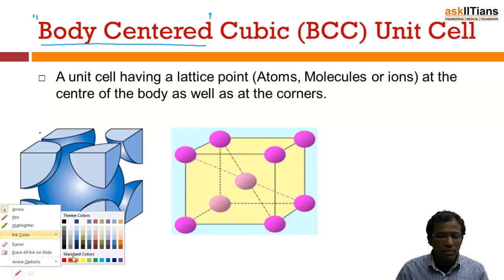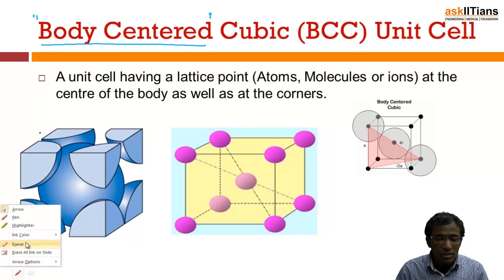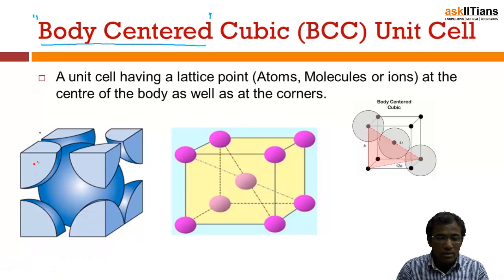Okay. So such type of unit cell is known as body centered unit cell, and here in this picture you can see how the particles are actually touching each other. So the corner particles are not touching. Observe here, this corner particle is not touching any other corner particle, but the particles are touching along the body diagonal. So if you see, this is a body diagonal, this one, and the particles are actually touching each other along the body diagonal,